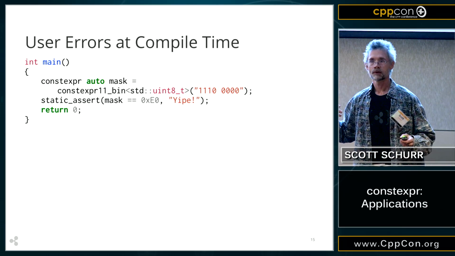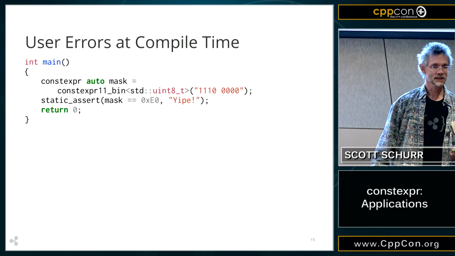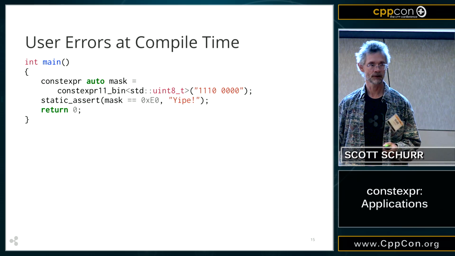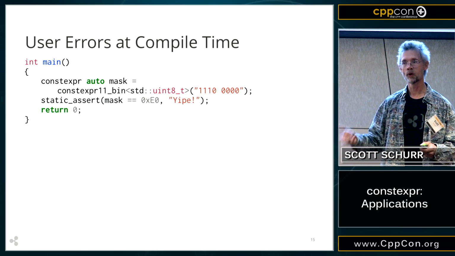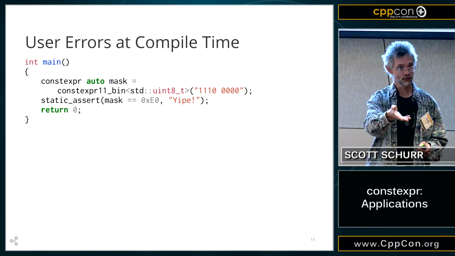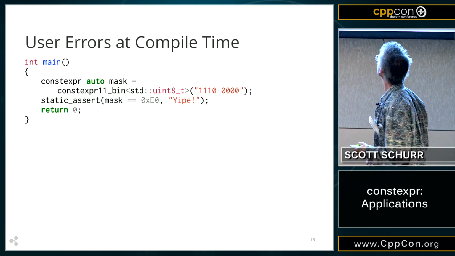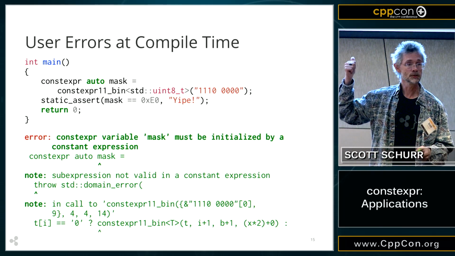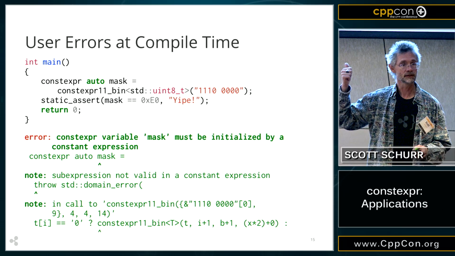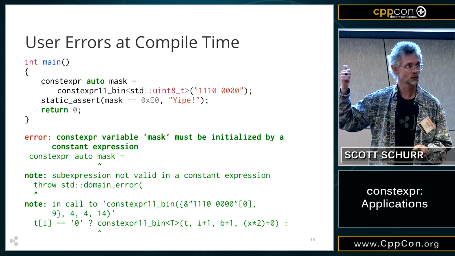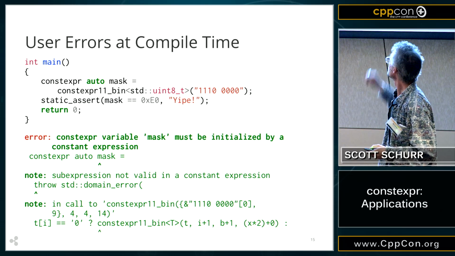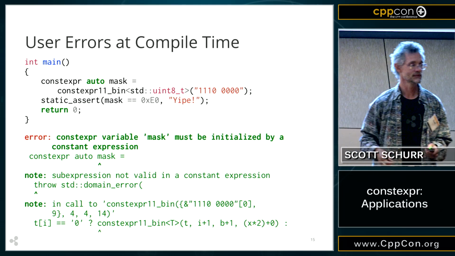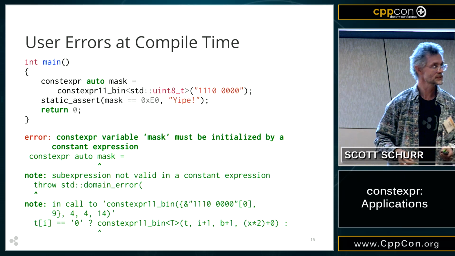So I said earlier, constexpr can either run at compile time or at runtime. And so what happens if you get an error, a throw, for example, at compile time? In this particular case, we've misused the binary literal. We left a space in the middle. And so what does that error look like? This is the kind of error you would get from Clang. I don't know what Visual Studio or GCC would produce.